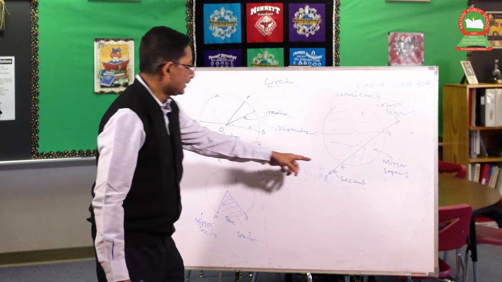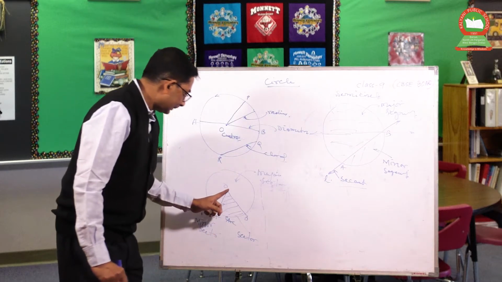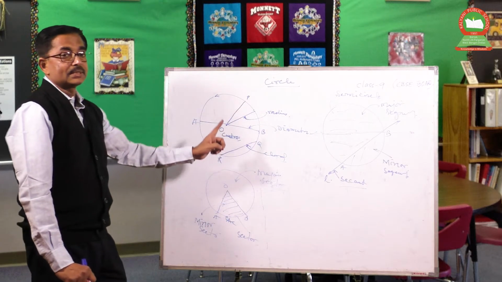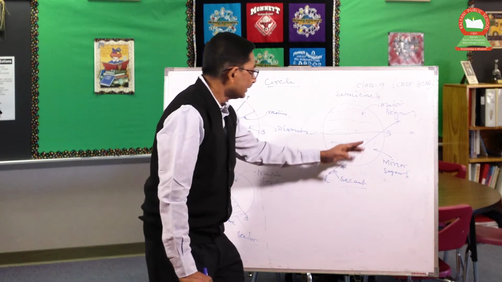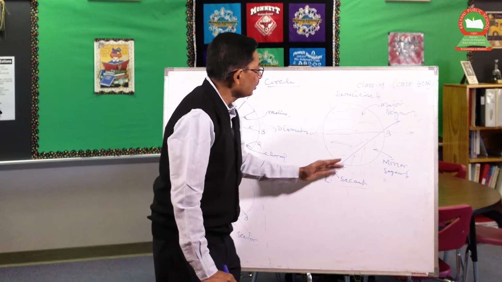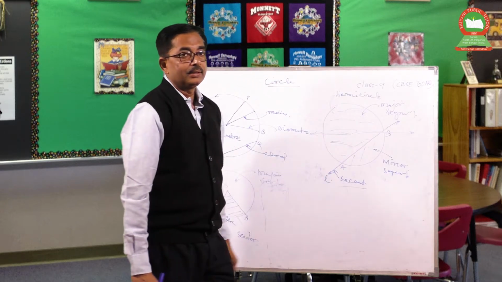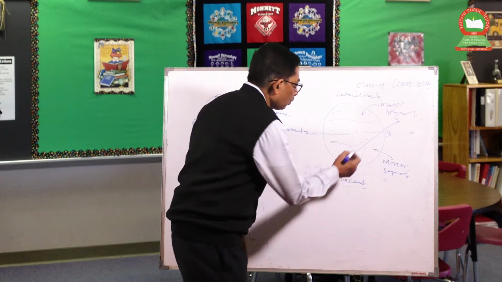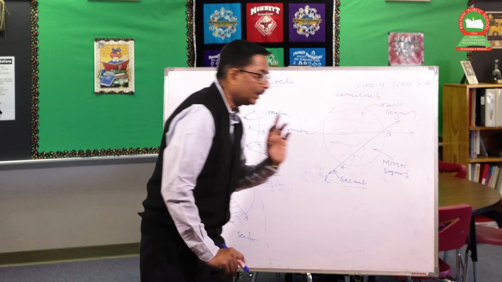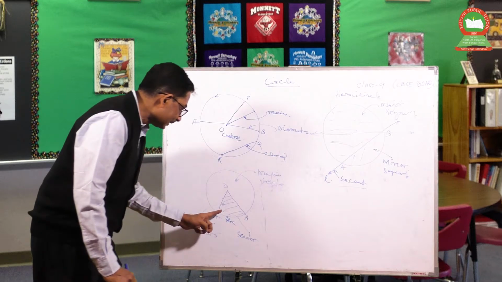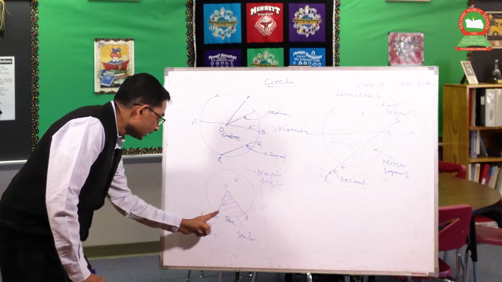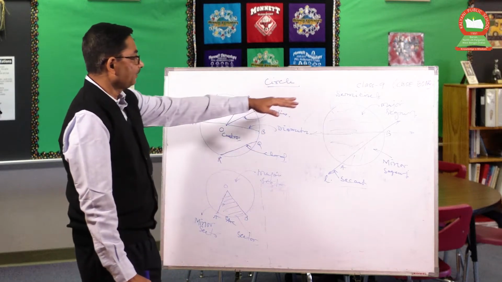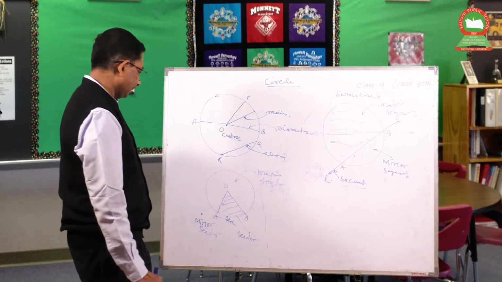The difference between a segment and a sector is this: a sector is bounded by an arc as well as the 2 radii of the circle, but a segment is bounded by an arc as well as a line segment, that may be the secant or any chord. The chord together with the arc gives you the segment, but the arc together with the 2 radii gives you the sector. That is the difference between sector and segment.